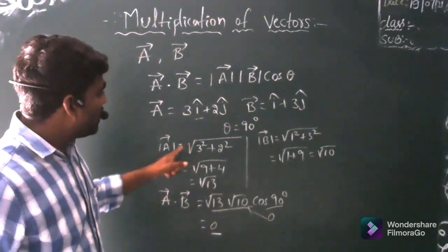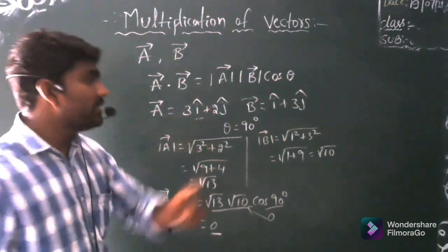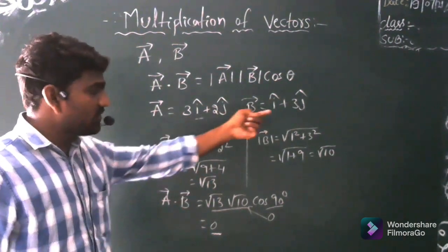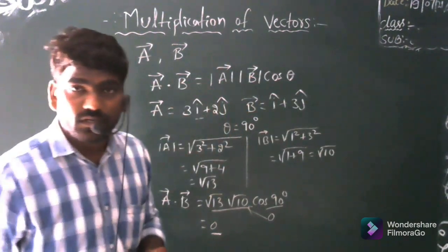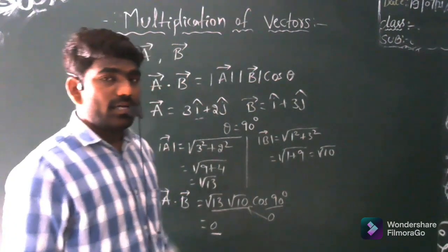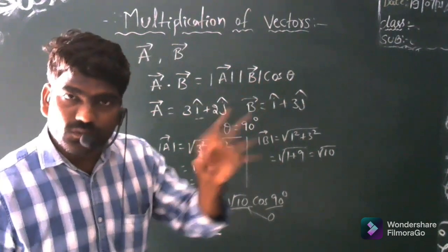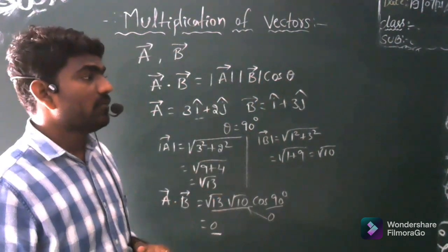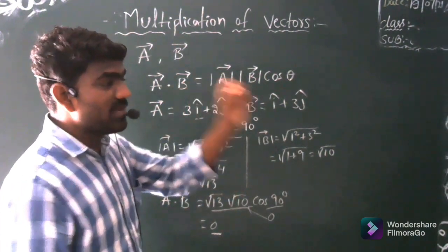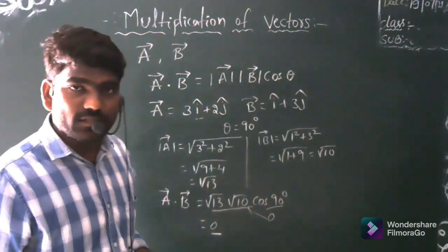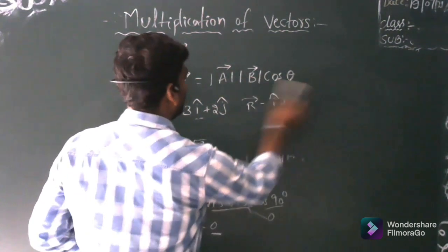So in this case, whenever you are doing the dot product by using this formula, you need to know the values of the vectors A and B as well as the theta, the angle between those two vectors. Now my question is, if the angle is not given between the vectors for which you are going to do the dot product, how can you find out the dot product there? Suppose here 90 degrees was given. Suppose it is making some angle, but the angle is not mentioned, how can you do the dot product of that? Let us see.